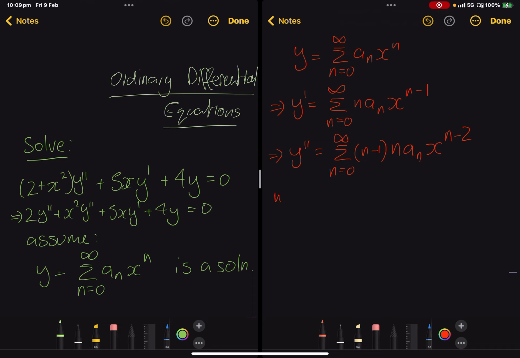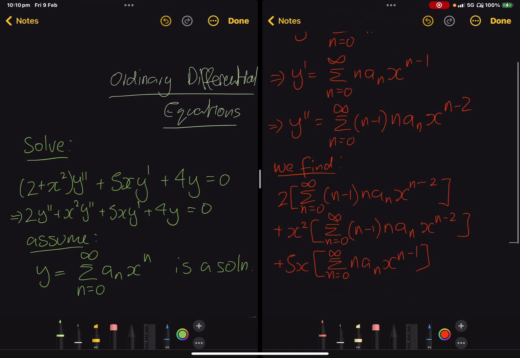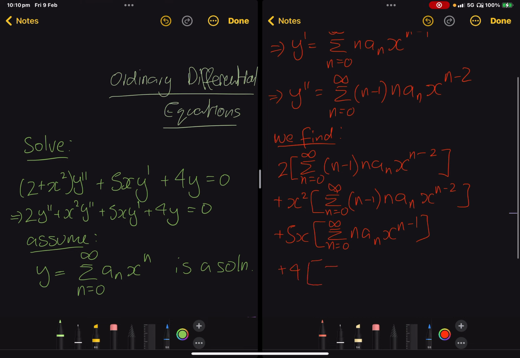Now we're going to plug everything in. Under the assumption that this equation has this particular solution form, we get 2 times y'', which is the sum from n = 0 up to infinity of (n − 1) n aₙ xⁿ⁻², plus x² times the sum from n = 0 up to infinity of (n − 1) n aₙ xⁿ⁻², plus 5x times the sum from n = 0 up to infinity of n aₙ xⁿ⁻¹, plus 4 times the sum from n = 0 up to infinity of aₙxⁿ,